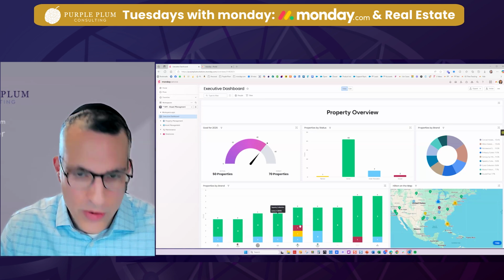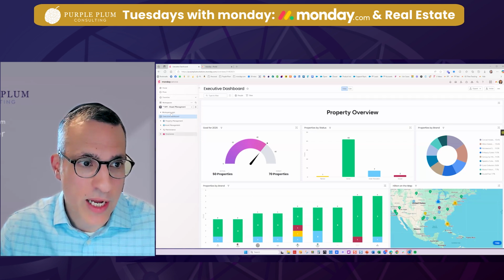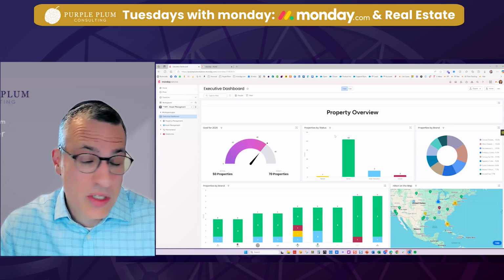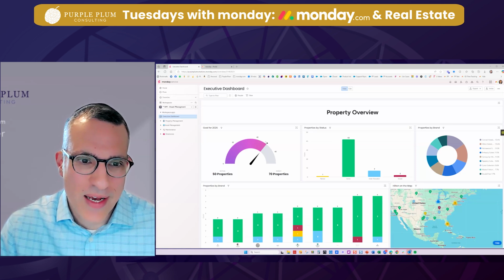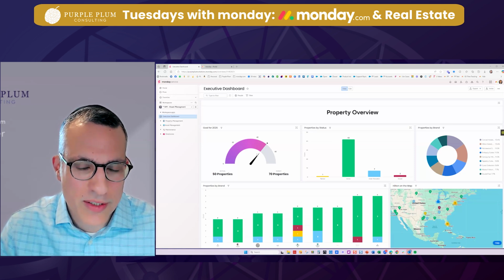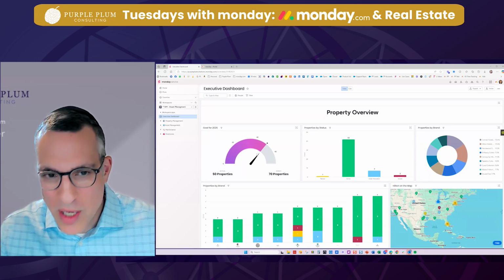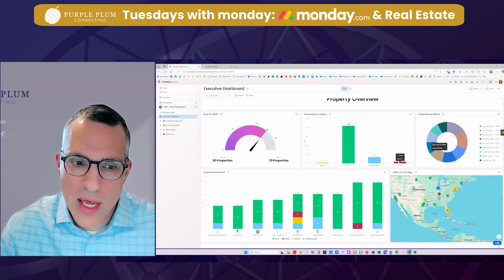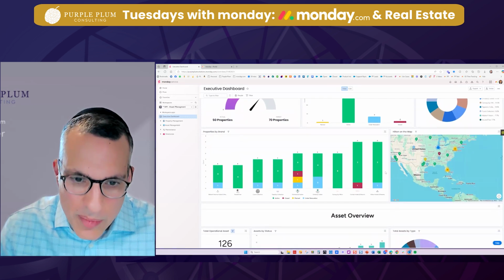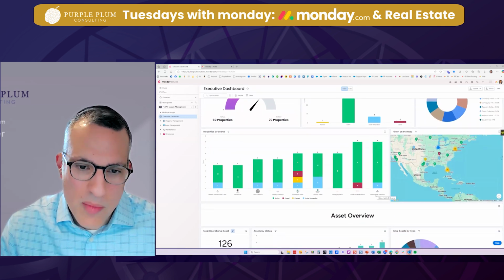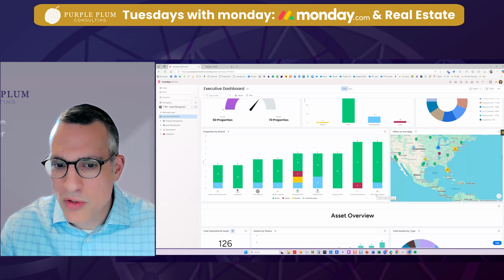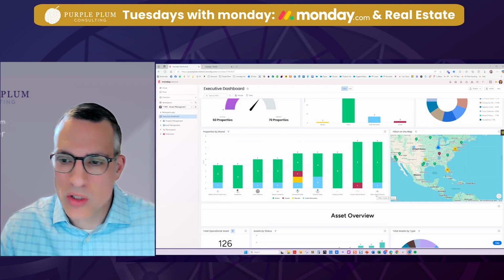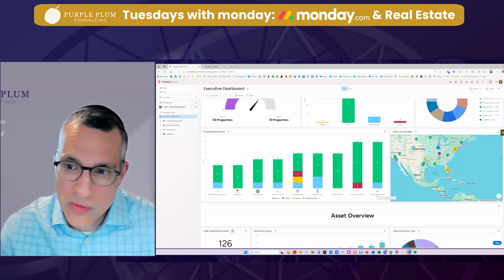What I have here for you is what we call an executive dashboard, and that's just the top of the top. It's giving us a summary of all the properties, what we've built, and what we're hoping to have open by the end of the year, broken down by status and by brand, with deeper information by brand. Where is each property in terms of whether it's under renovation or still planned or even recently closed.